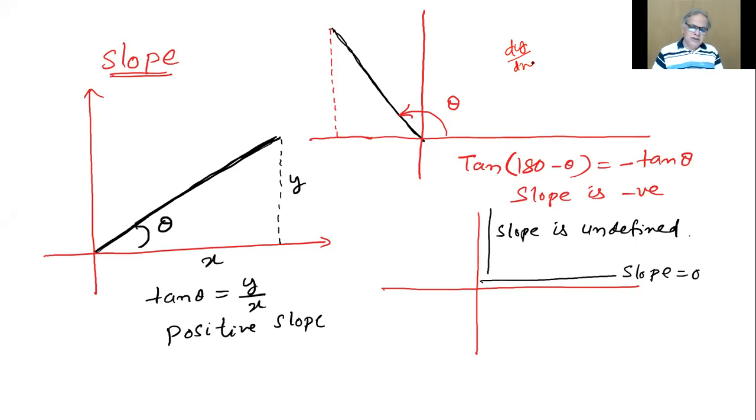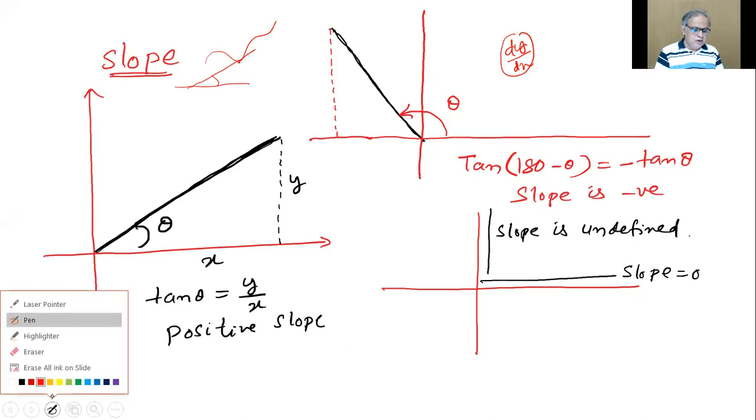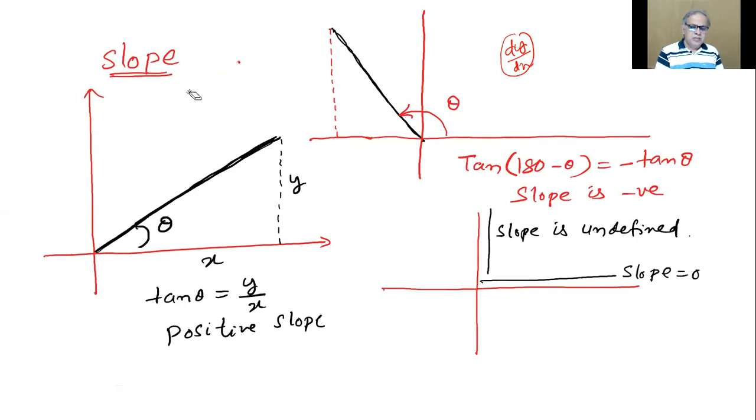So that is for a curve like that. At this point, this will be the slope. Draw a tangent, and tan theta gives you the slope, which is called the derivative of y with respect to x. I hope you remembered that. But in spite of it, I am revising it for you.